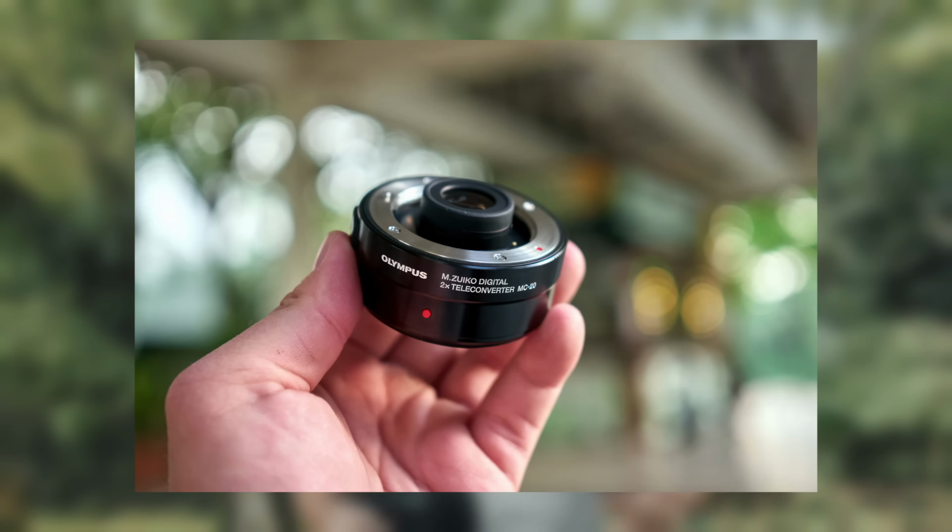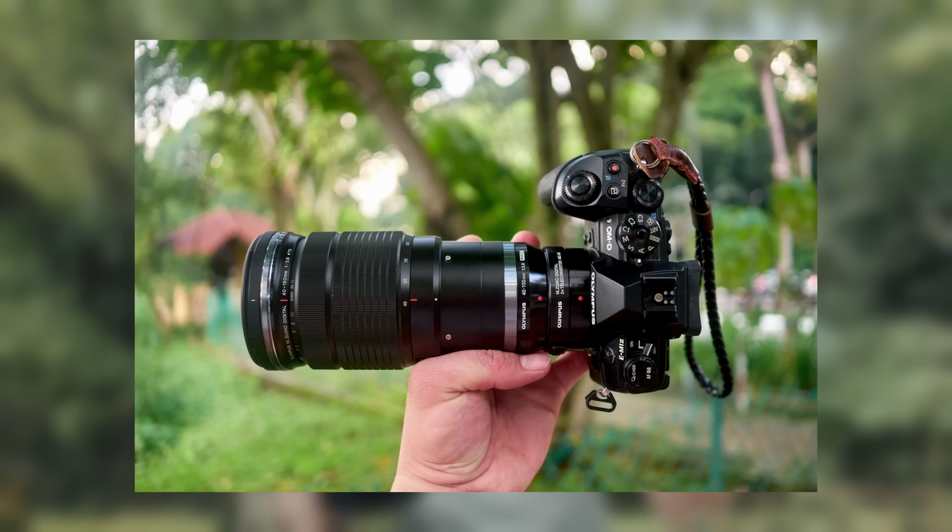We do know that the lens can accept teleconverters to extend the reach. There's the MC14 and MC20, but if you use teleconverters on the Olympus 40-150 Pro, you lose the aperture brightness. There's always some compromise. And if I shoot in low light conditions, I need the bright aperture f2.8 to stay